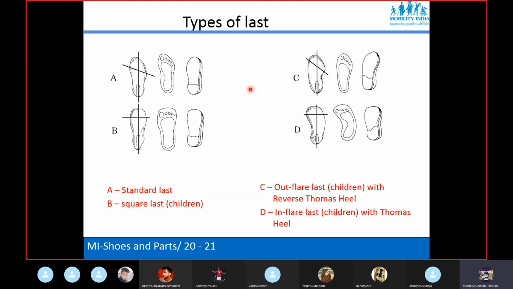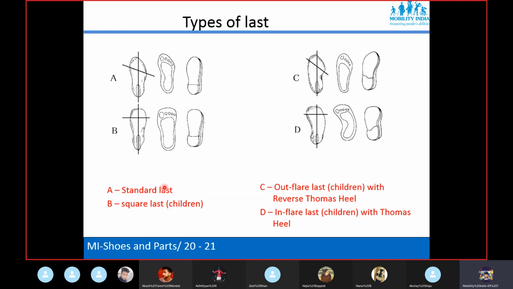What is the shoe last actually? A shoe last is a dummy piece, and all footwear is made over the shoe last. The shoe last gives the shape and provides the design of the shoe. Whatever shoe we use, how it is made and constructed is important to know. Every shoe is made over the shoe last, and whatever shape and design is given is because of the shoe last.